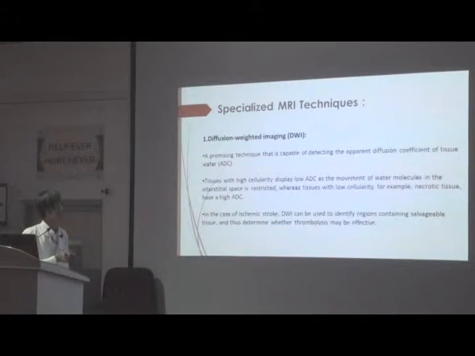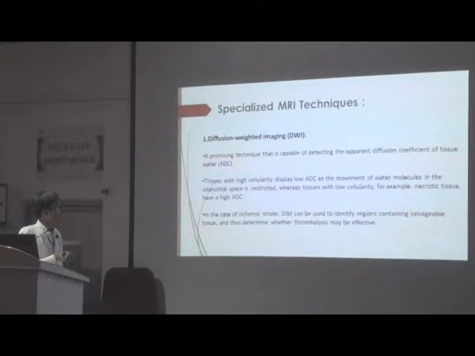And some specialized MRI techniques. This is diffusion weighted imaging. So it detects mainly due to the apparent diffusion of tissue water. Suppose tissue with high cellularity, it has a low ADC value, and tissue with less cellularity will give a high ADC value. So in this case, ischemic stroke,